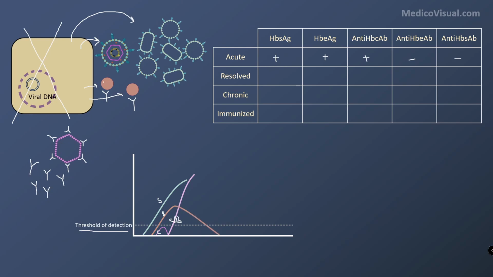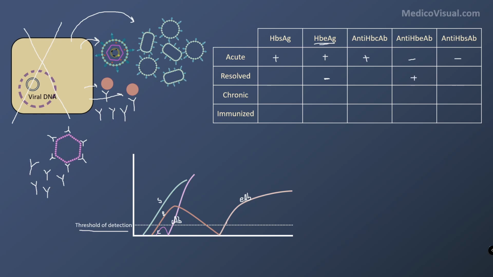Then what will happen? When all the E antigen has been bound and no new E antigen is coming, then what will happen? This antibody will be in excess. Anti-E antibody will be in excess and it will be detectable. So there will be a rise in which antibody? E antibody. Clear? E antigen will become negative and E antibody will become positive.